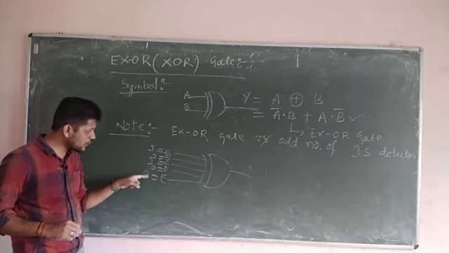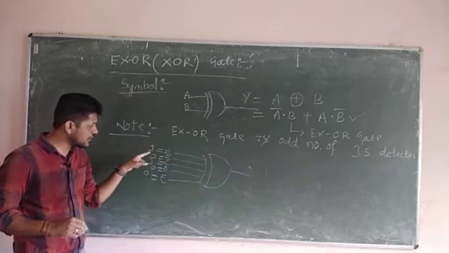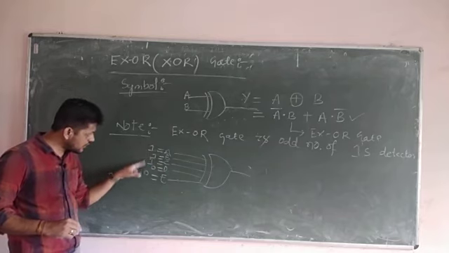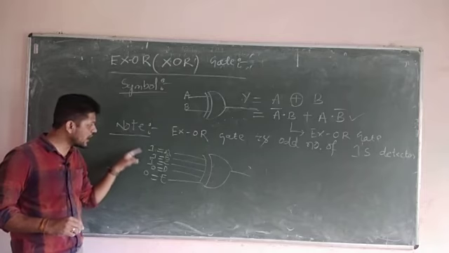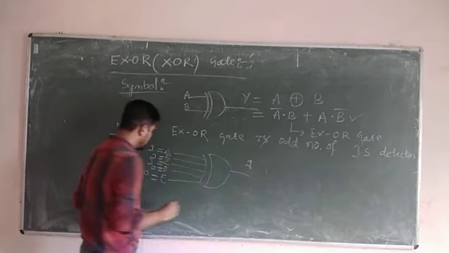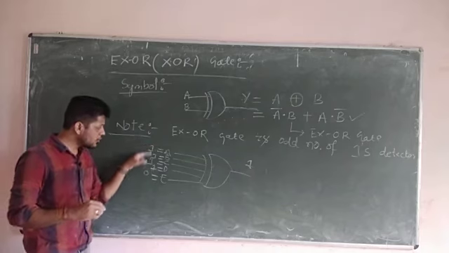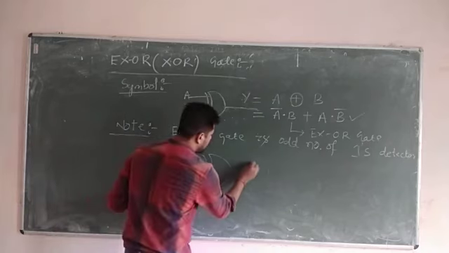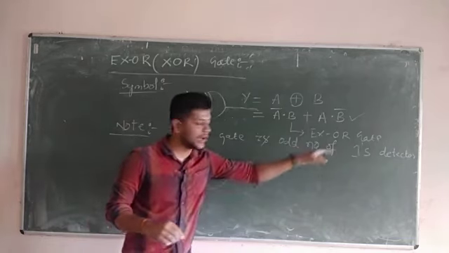If 3 inputs are 1, the XOR gate acts as an odd 1s detector, hence that satisfies this condition. So with 3 inputs applied as 1, the XOR gate output will be 1. If I make one more input, D, equal to 1, then we have 4 inputs as 1, an even number of inputs, hence the output will be 0. So remember, the XOR gate is an odd number of 1s detector.